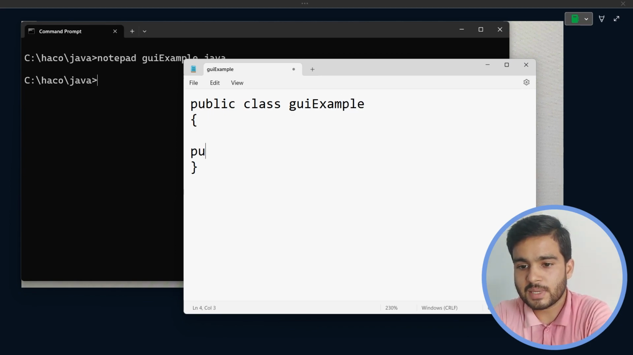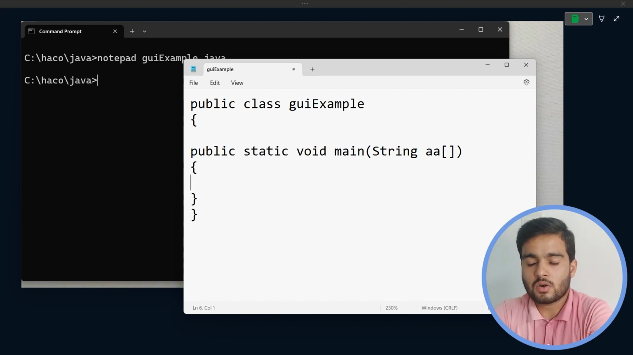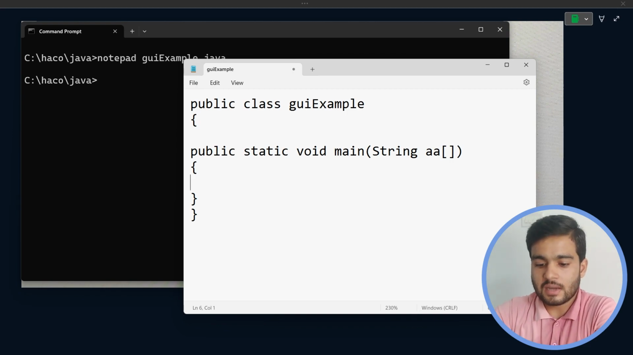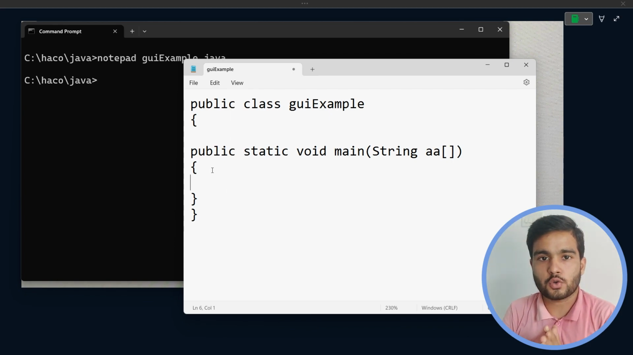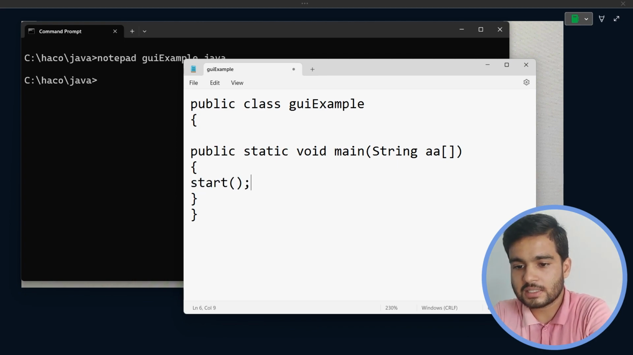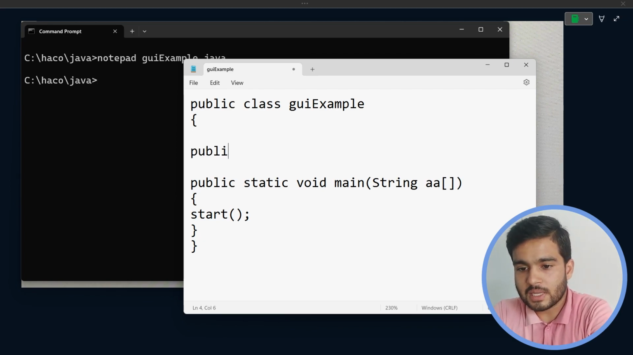Now here we will be creating a main function. Inside this main function I will be creating this program in such a way that we do not need to create multiple functions. We will call a single function from the main function, and that single function is responsible for doing all the work: creating the frame, creating the button, and adding the button into the frame. So we will create a start function, and that start function is responsible for creating frames, buttons, and doing all such things. So public static